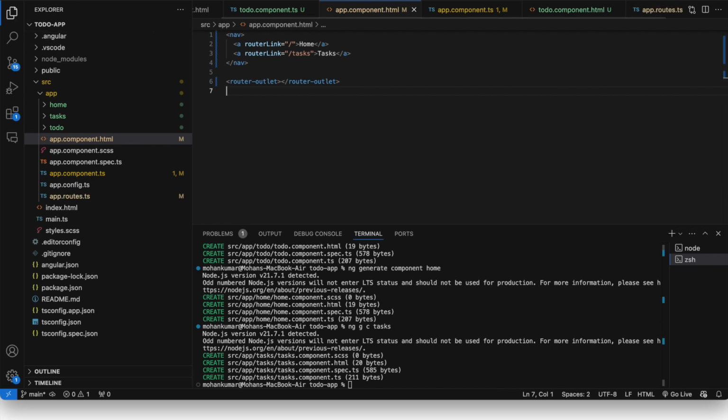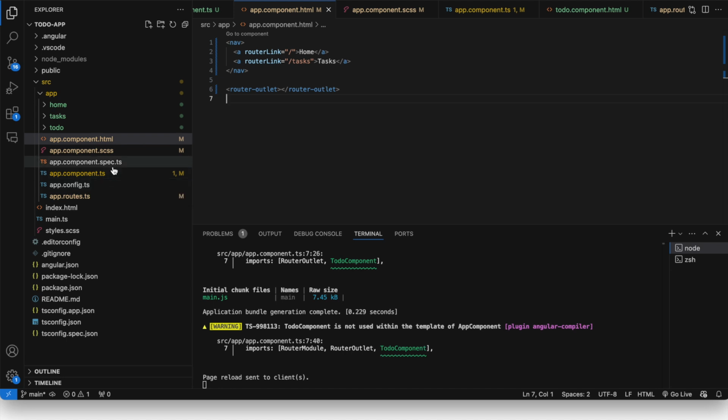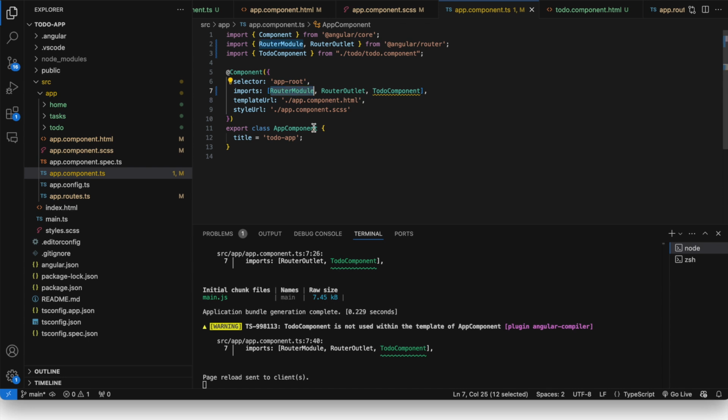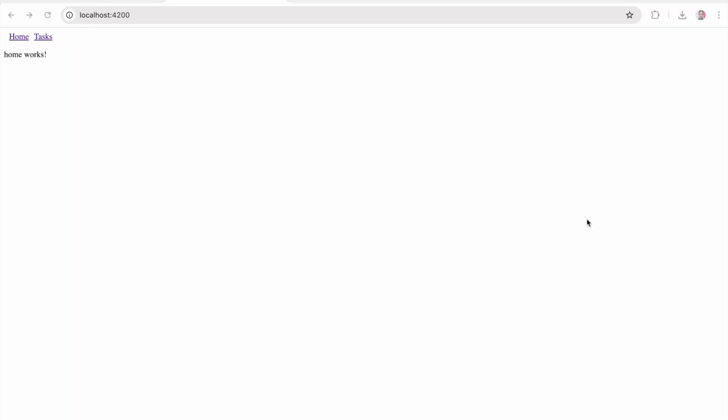And let me open the browser now and refresh the page. Now I also imported a router module at import so that I can do the navigations. So if you look into these router links, now if I go into the browser and I click